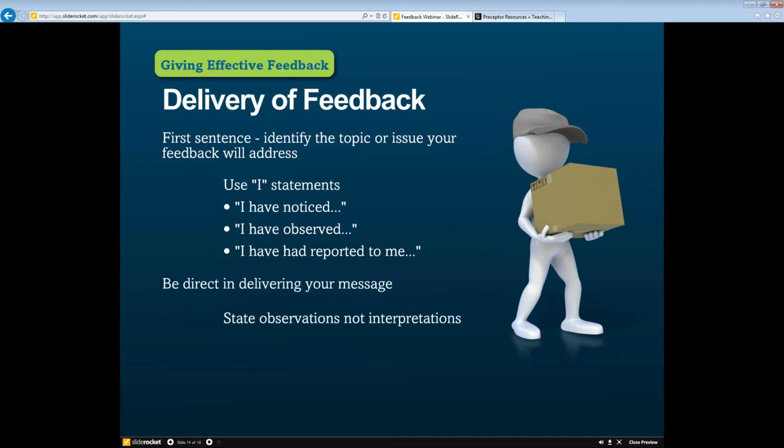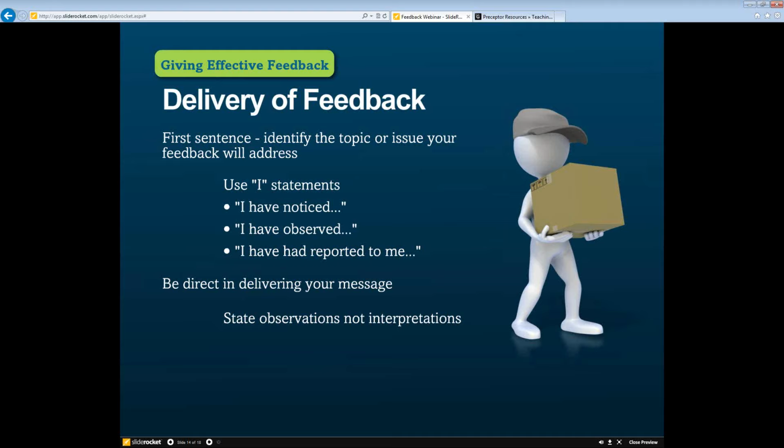Be very direct in delivering the message. Sometimes what happens in the initial discussion of feedback is that we try to soften the feedback by being indirect. Maybe we'll start off with statements such as, you know, a lot of students, and then go into what a lot of students experience. Or you start discussing things that this person has done before, but you're not being specific about the evaluation and the performance of the visit for today. So be very direct in delivering your message.